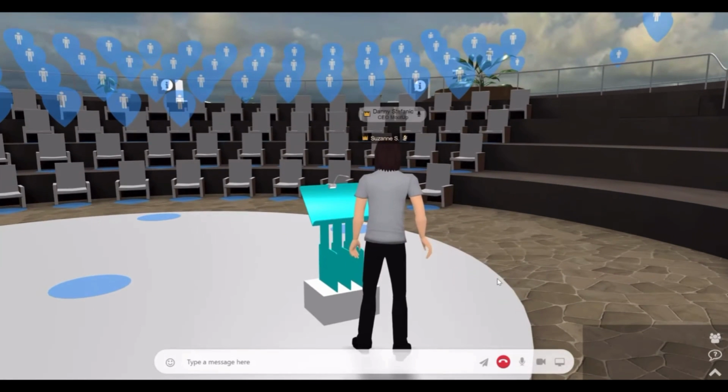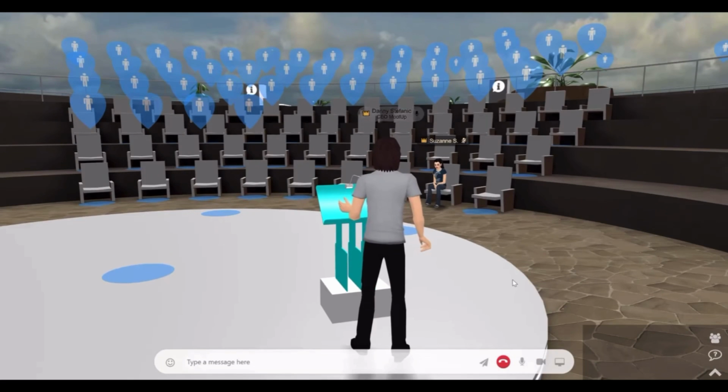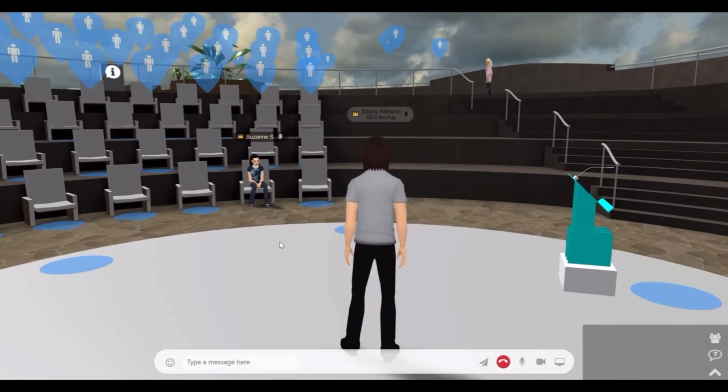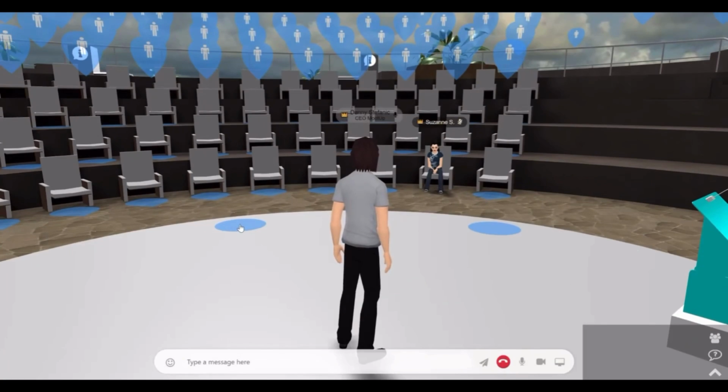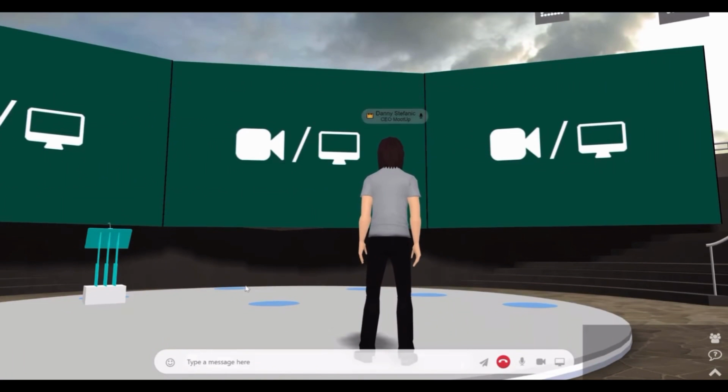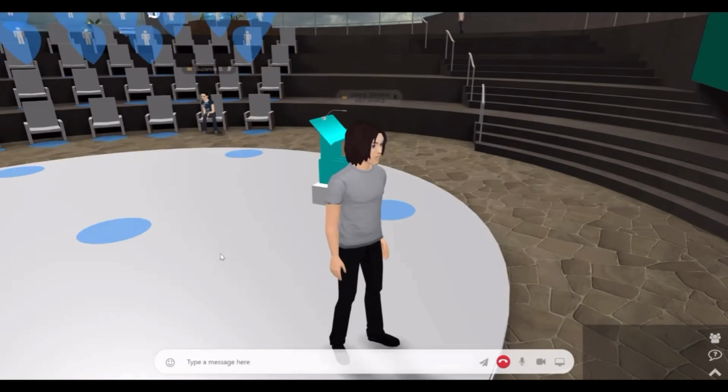It's entirely web-based. You can send a link to a space or an experience in an email, in a calendar link, even on social media, and get people to join you. And that just makes it super accessible on mobile devices, tablets, laptops, desktop computers, but also on all of the virtual reality and augmented reality devices on the market as well. So if you want to start experimenting with virtual reality and full immersion, you can do that with this platform too. So that means one person can be joining on their mobile phone, another one joining on their tablet, and another one joining in virtual reality, and all of them being in the same space together,